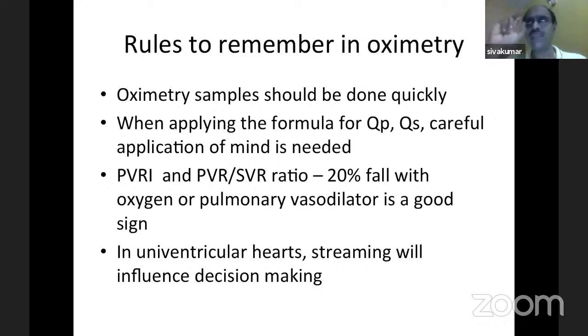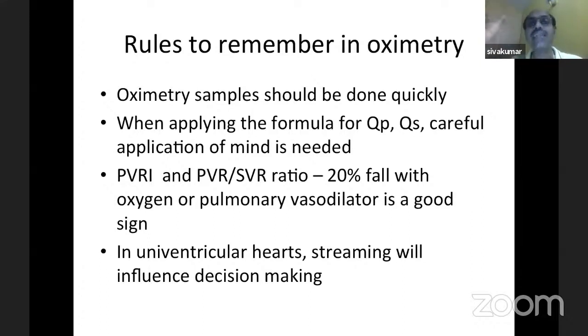What I wanted the postgraduate students to understand, when we are talking about a basal 7% or 8% step up, is that this 8% step up is very significant if it is at the higher numbers, and less significant if it is at the lower numbers. I'll give one example. Your mixed venous saturation is 60%, but it increases to 70%. That means a 10% step up. That shunt is less significant compared to another patient who is having a step up from 80% to 90%. The 80% to 90% is also the same 10%.